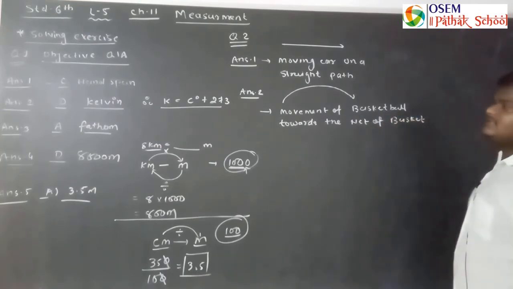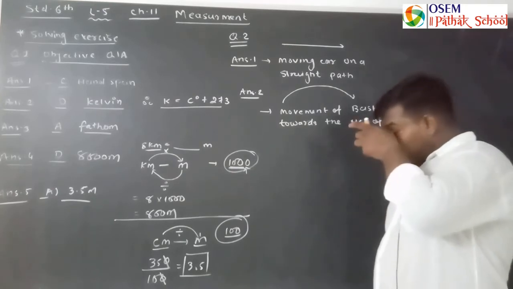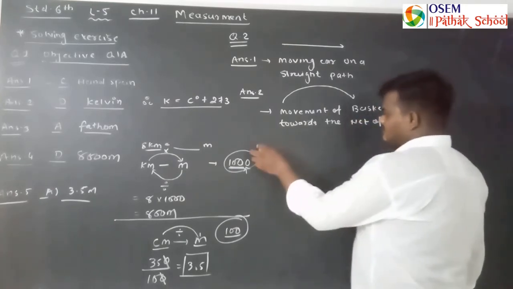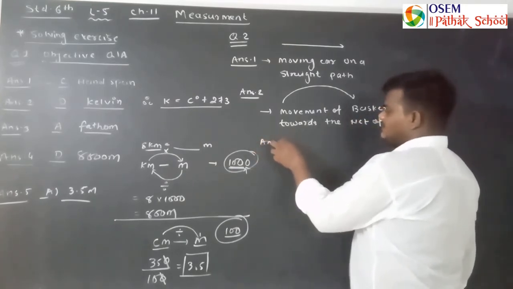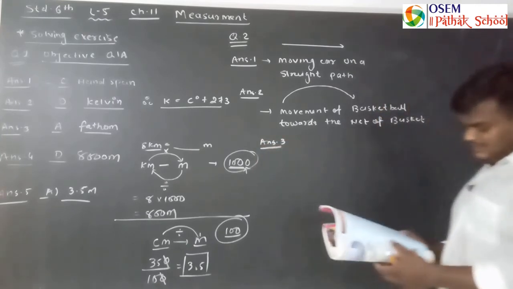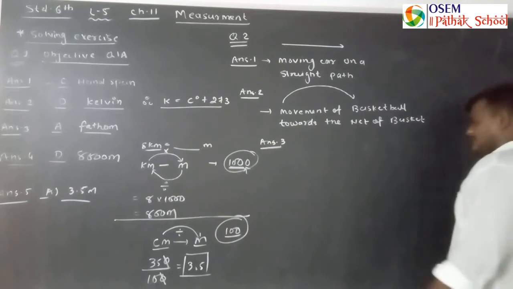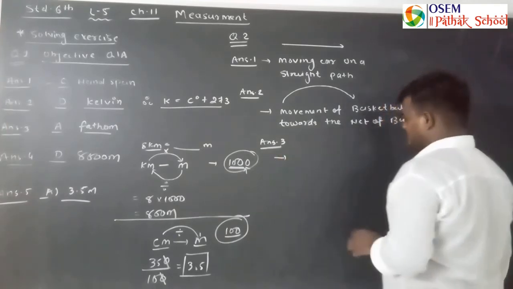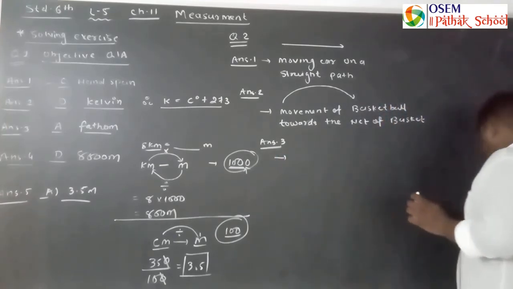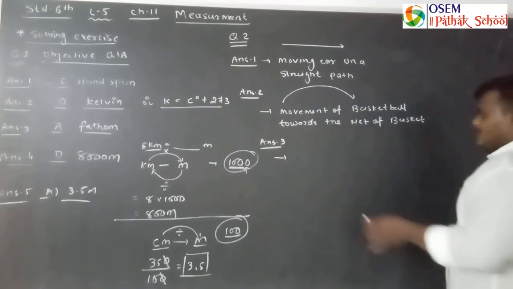So this is the example of curvilinear motion. Question number 3, and what is given here, we have to give the answer of periodic motion. So example of periodic motion that we have to give here, a ball